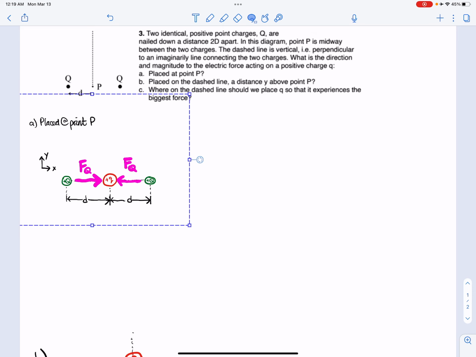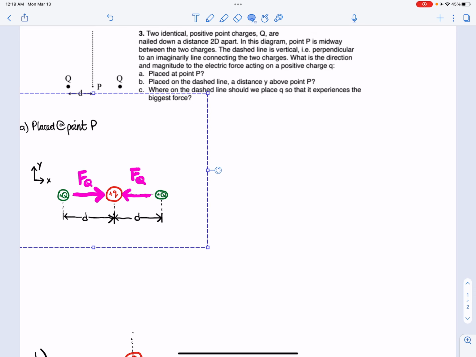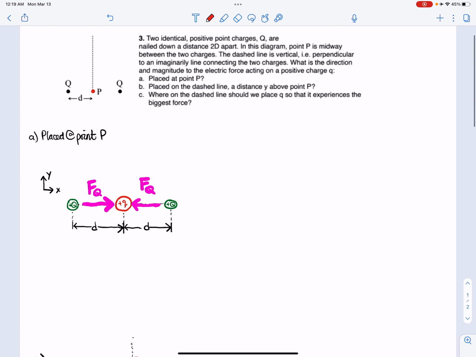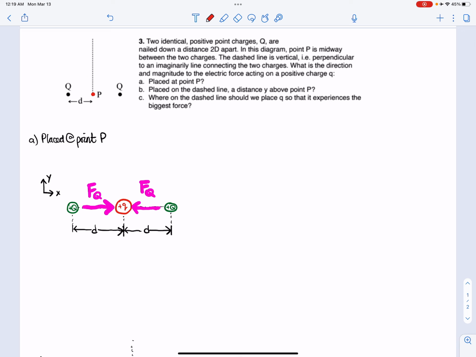Okay, so for part A, we have this positive charge Q, which is midway between the two charges, capital Q, and it's placed at point P. Okay? So right away,